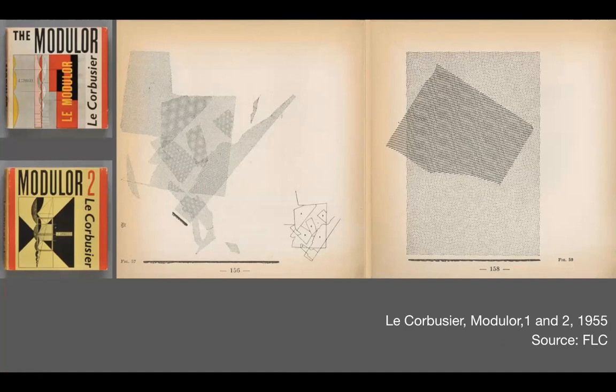And in these pages, if you know them, he asks the reader to play a game with Zipatone. You take two patterns and you rotate them on top of each other, and you can see these geometries appear and then disappear just by the interference between the two patterns. And he was very fascinated with the way in which mechanically standardized patterns could create unpredictable effects with the kind of fragility, I'd say, of a geometric order that would appear and then disappear if it